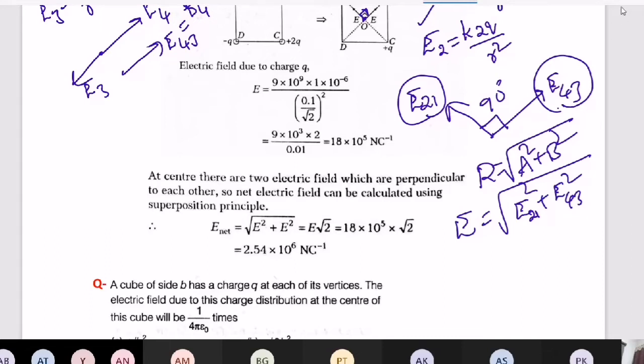That is the way you need to understand and solve the questions. So when they give a triangle or square or pentagon, you need to look at how many charges they have given, how many fields will be there, and at what point they are asking for the resultant field. Find each field with a proper direction. Then try to take two and make them into one.